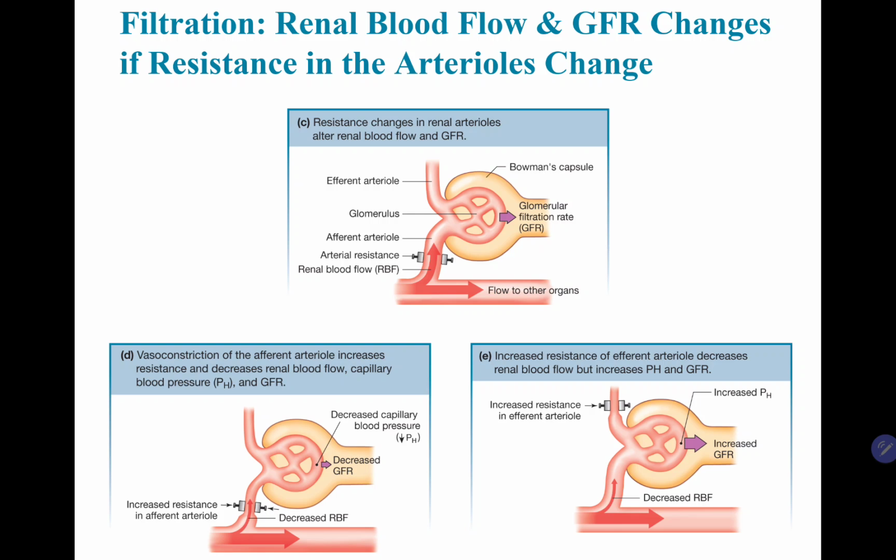So here, let's look at how your body essentially will auto-regulate itself. As we see here, as resistance changes in the renal arterioles, it can alter renal blood flow and your GFR. So if we look at the glomerular filtration rate right here, that's simply the amount of fluid that's being filtered per unit of time from the glomerulus into the Bowman's capsule. So vasoconstriction of the afferent arteriole increases resistance right here. And so if you're putting more resistance on that vessel,